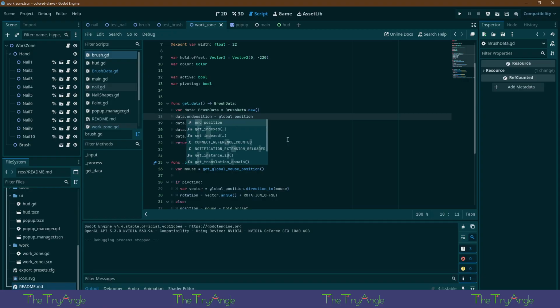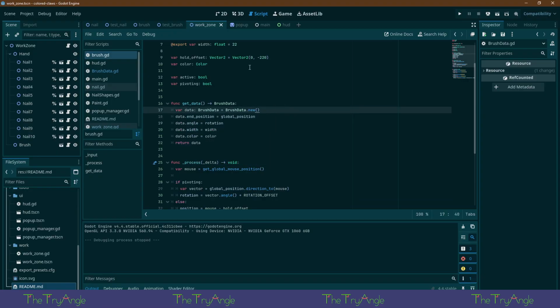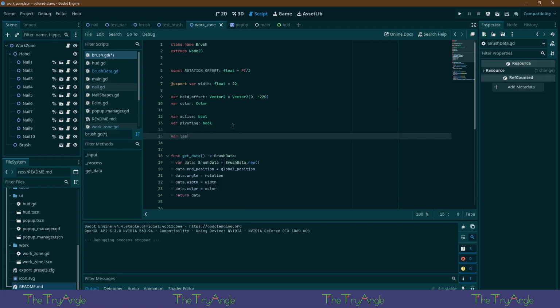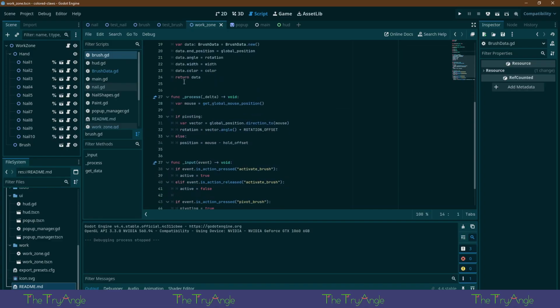I think technically we will be in the end position. We just got to keep track of last position. And every time we update, okay, so we're getting global mouse position.